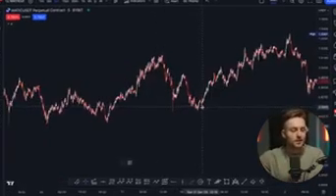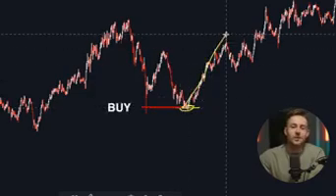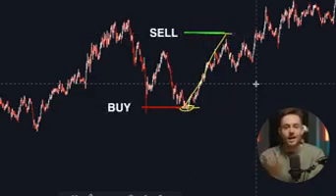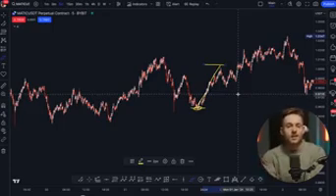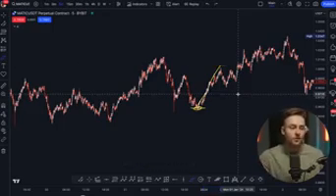So if we can figure out that, say, this area is going to be a potential reversal area where the demand will start to outweigh the supply, we can buy in here, wait for the price to continue moving, and then sell it for a higher price. And that's how you make money as a trader. You're basically trading in the supply and demand and trying to outsmart an entire ocean of other people who also want to buy and sell these instruments for different reasons. So predicting these levels is obviously the golden answer of trading. If you figure out a way to do that and you figure out how to position yourself in the market, then you can make consistent profits.